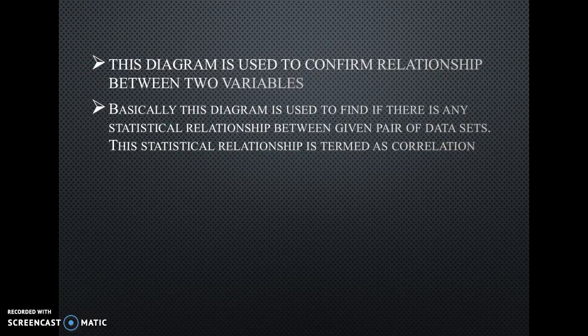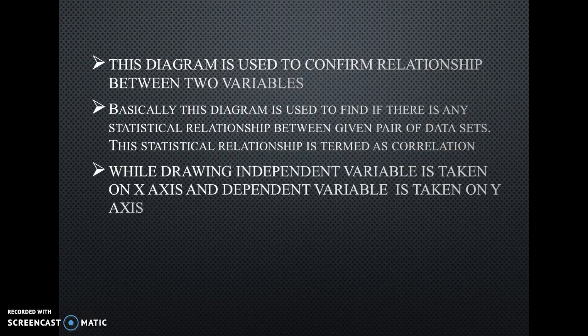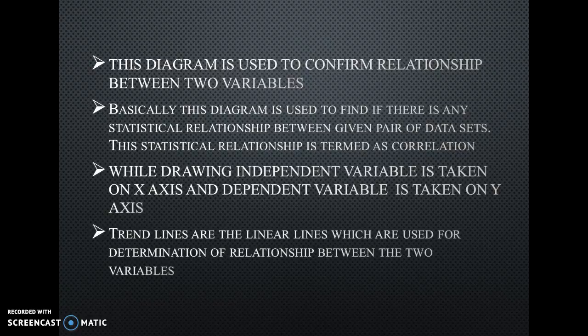This statistical relationship derived is itself termed as correlationship between the variables considered for the study. Then while drawing the graph, independent variable is taken on x-axis and dependent variable is taken on y-axis, and a line called a trend line, which is generally a linear line, is used for determination of relationship between the two